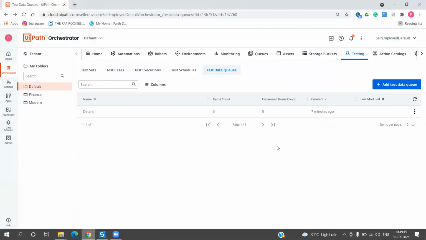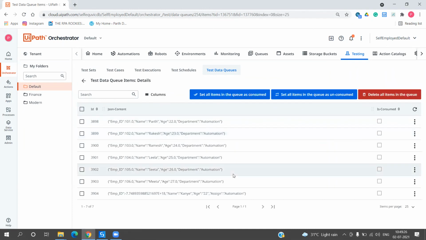Okay, let's go over here. Let's refresh and view items. So now if you see over here, it will not throw any error, but we had employee ID, name, age, and department. So it's employee ID, name, age.